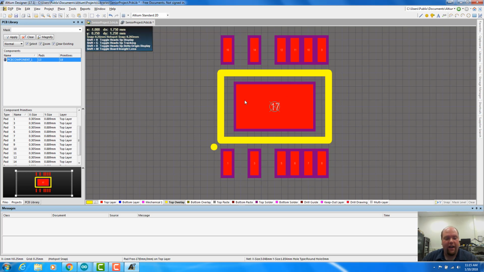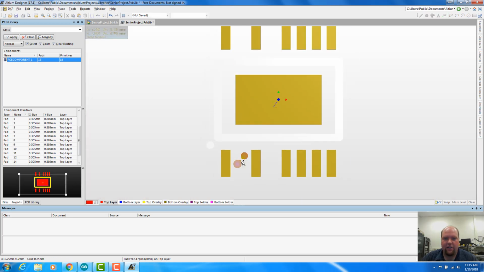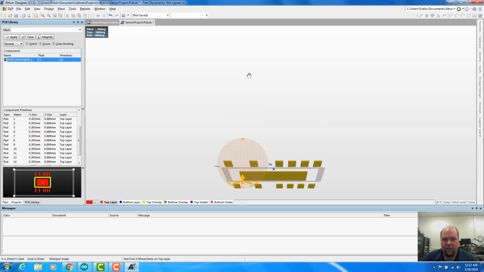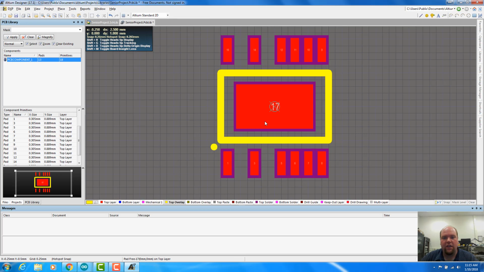Let's just take a look at the 3D view of this thing right now. It looks pretty good, right? We can see that silk screen. We can see those copper parts. Of particular note here, this copper is nice and exposed. There's no solder mask covering it up or anything like that. I press the 3 key to get to the 3D view, and I press the 2 key to get back to the two-dimensional view. Okay, so let's